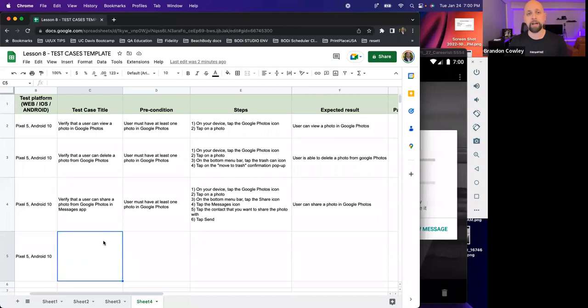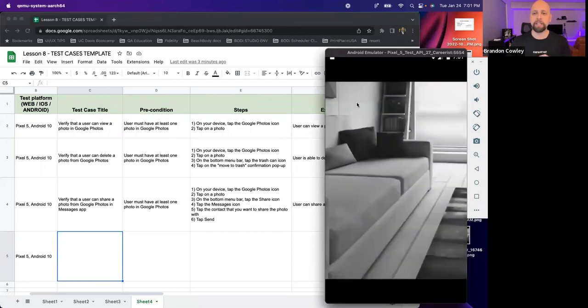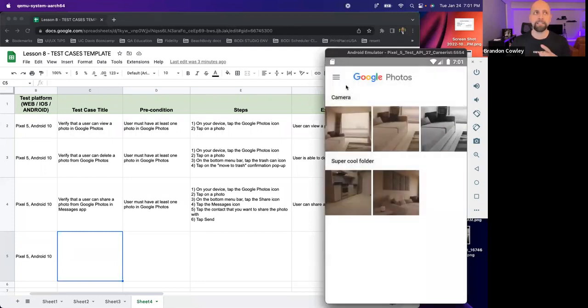A precondition to that would be that you need to have a valid user account, and you would provide the username and password in the precondition when you were writing out that test case. Yeah, that's a good call out. Google Photos, we've made this so simplistic that it would be difficult to write a good valid negative test case for Google Photos.